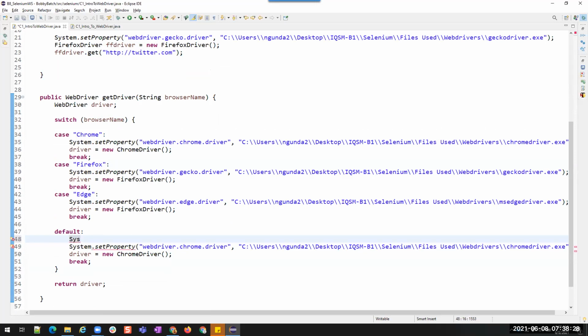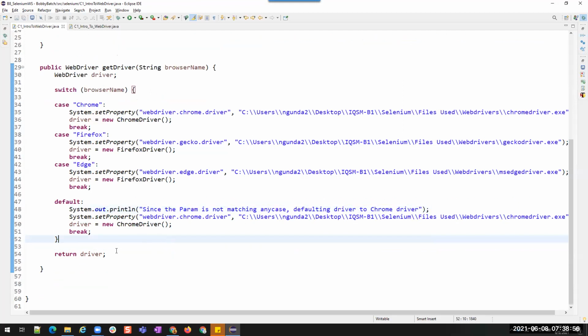If any of this is not matching, then I'll default to opening Chrome. But in case needed, I'm going to also add a statement. Okay. Since the param is not matching any case, defaulting driver to Chrome driver.